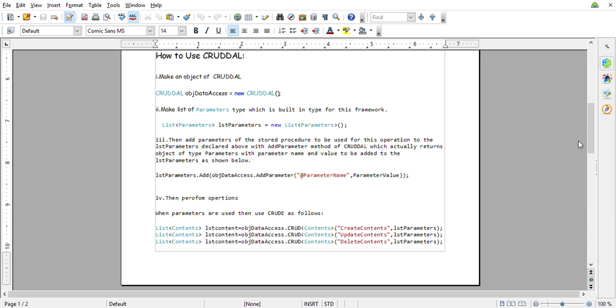Through CRUD you can do that, and that has been written in point 4, where you can see how CRUD accepts two parameters, the procedure name and the list of the parameters in order to execute the stored procedure. Now to pass the list of these parameters, we have to make a list of type parameter. Then we have to call a method, add parameter,